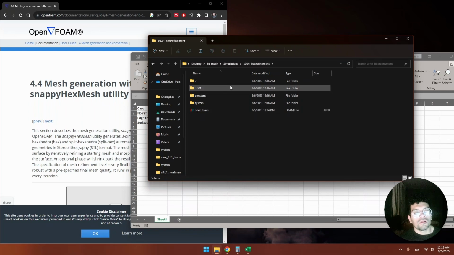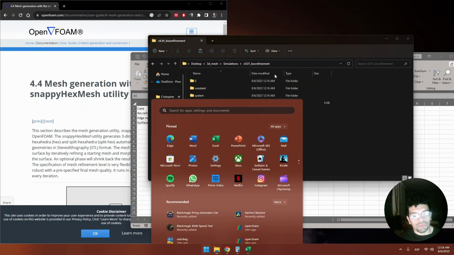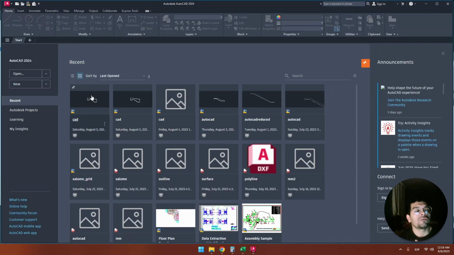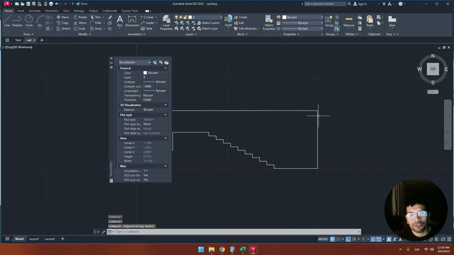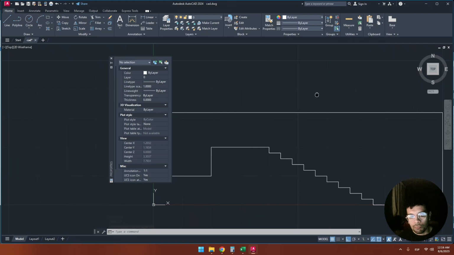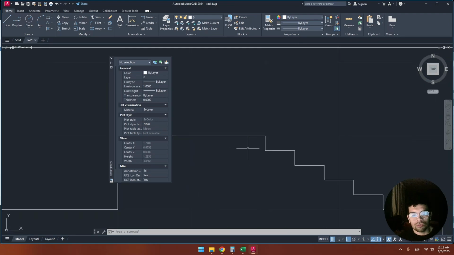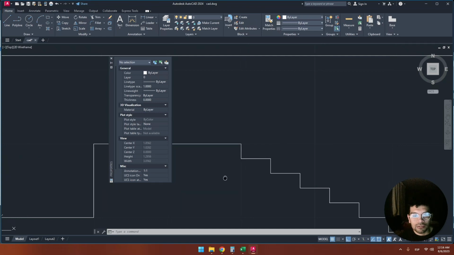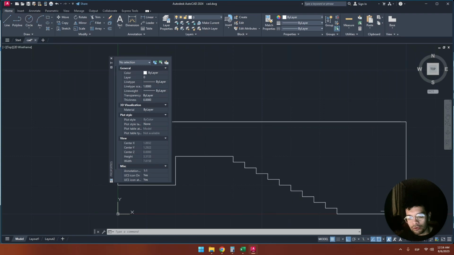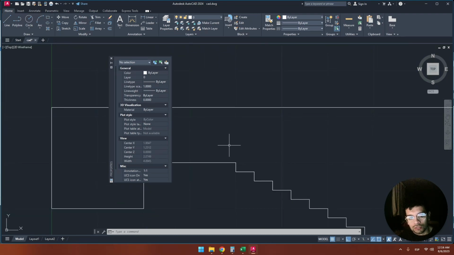Let's delete this, and let me open AutoCAD again so I can explain. So we have our geometry, and what we are going to do, we are going to define boxes that are going to define what areas are going to be refined. So for example, as we want this bottom surface to be refined, we would draw boxes, let's say